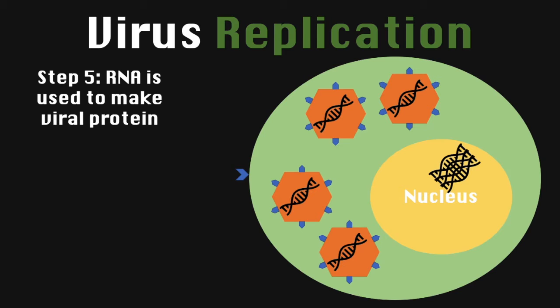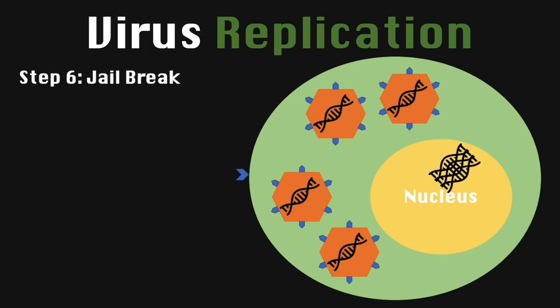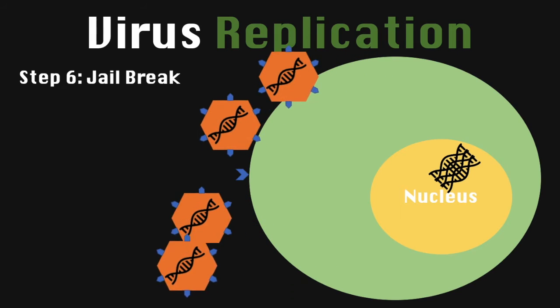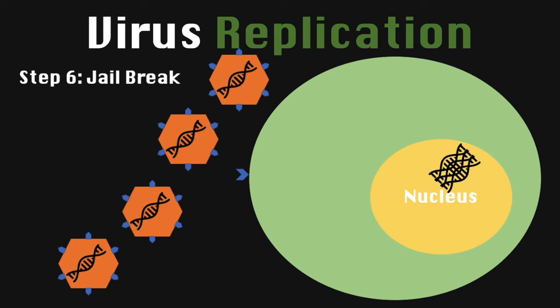And then once these viruses have been constructed inside of your cells, they have a jailbreak. They completely break out of the cell, and then they can go on to infect other cells, and the process just keeps going and going and going. Like I said before, viruses are just the perfect example of selfish DNA. They're not even alive. They're just pieces of DNA that figured out how to get into your cells and trick you into making more of them.